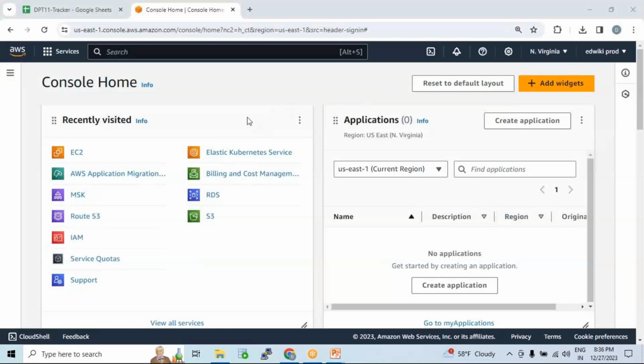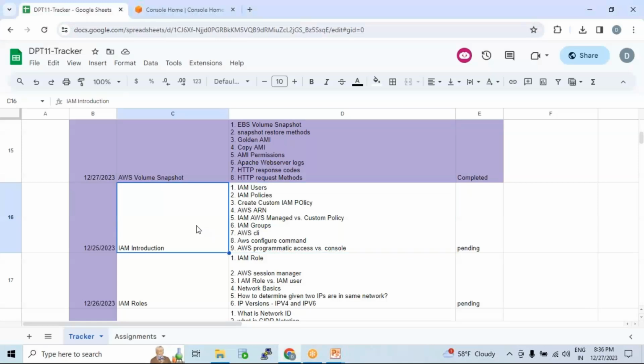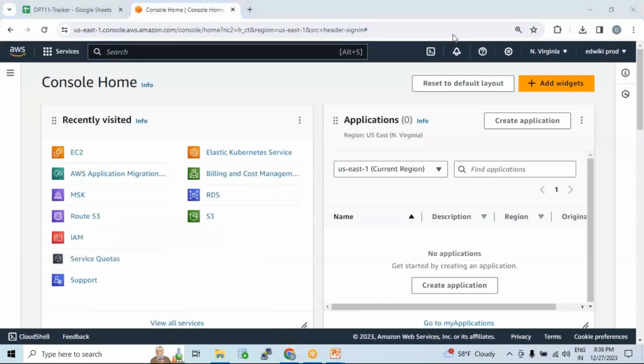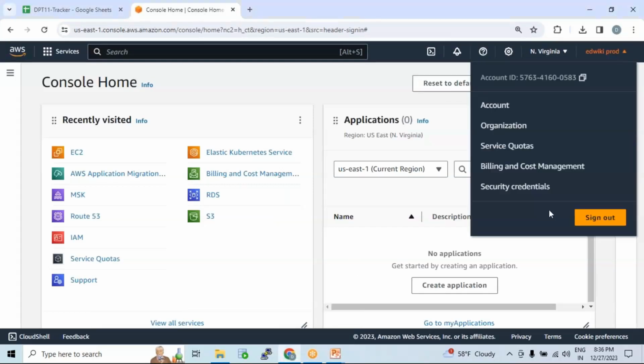So I'm going to start with the concept called AWS IAM today, and we'll talk about what this AWS IAM is and the advantages of it. Before I get into that, currently I am logged into my AWS management console using the root account, right? Even if I sign out here,